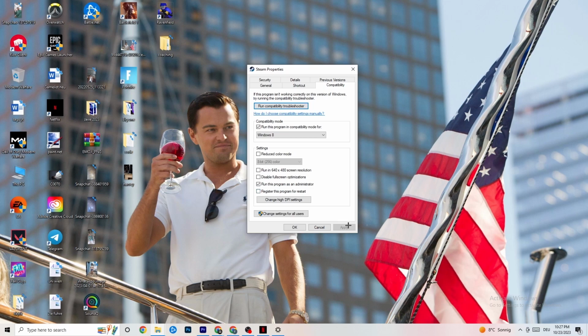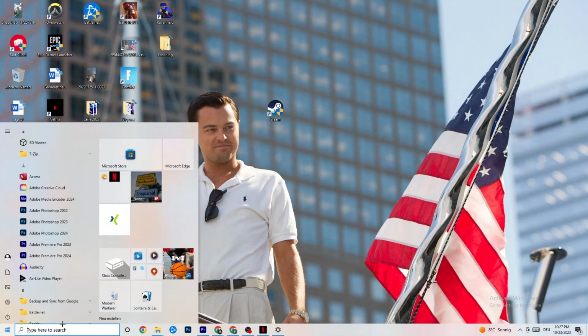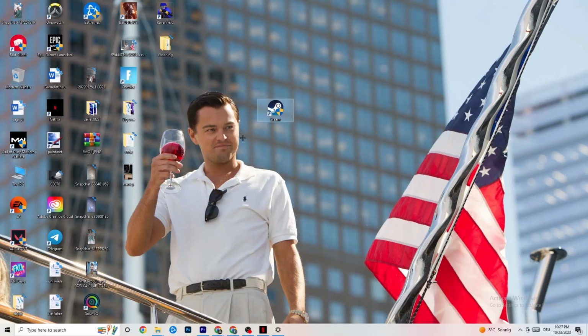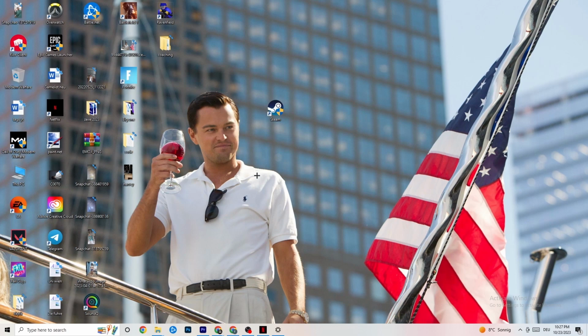For me, I've done it so I can't hit apply. For you, you're gonna hit apply and hit OK. And what that's gonna do is by default your PC is gonna start your launcher as an administrator, and every game related to it. And so this little sign here will pop up when you restart your PC. And if this doesn't work, you're gonna take your game shortcut and do the same thing, with the properties and run as an administrator, and afterwards restart your PC,